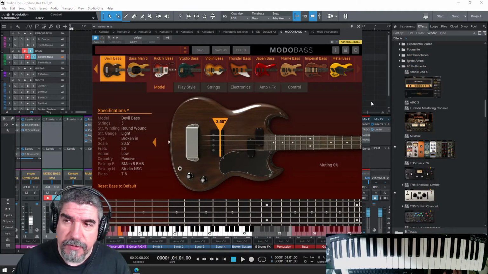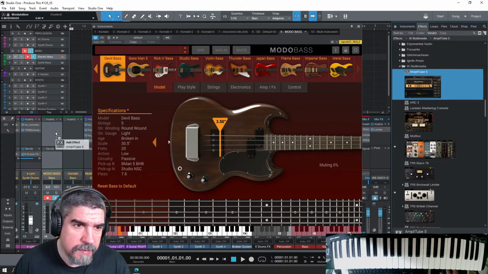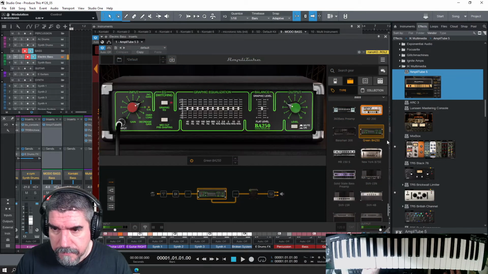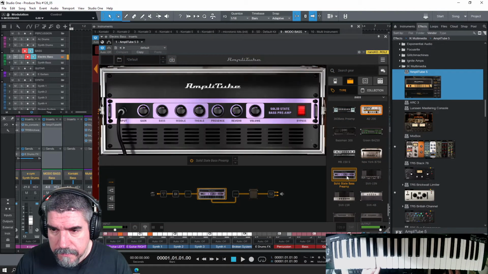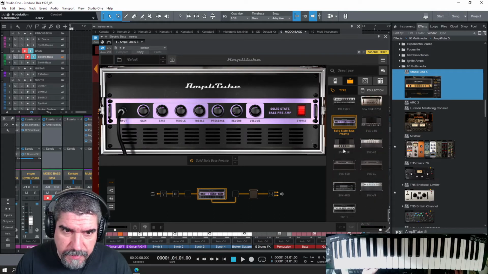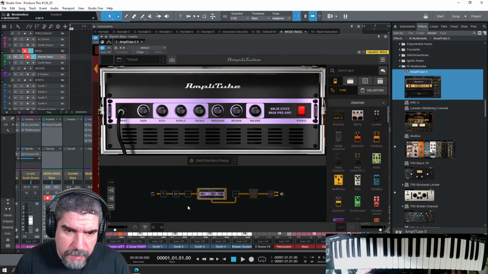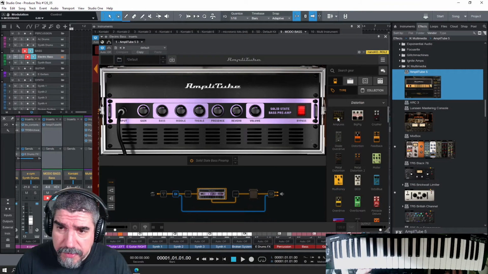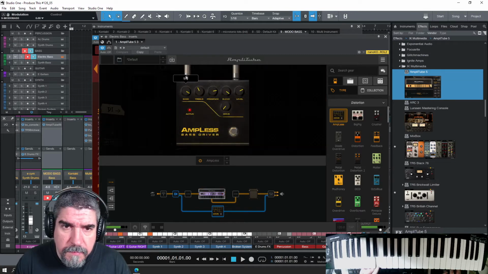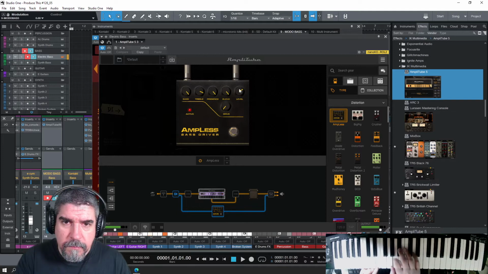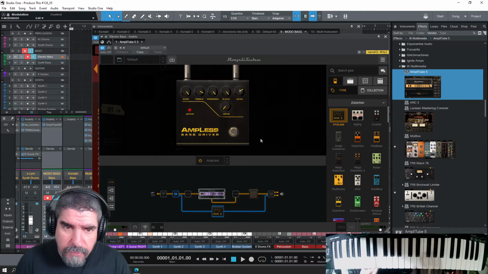I'm going to be using Amplitude to affect the bass as well. This one just sounds good right out of the gate. Mess with it a bit. I'm going to split the signal and run the DI into something else. So it's kind of like a cleaned up DI. I'll work on the other side, which will be